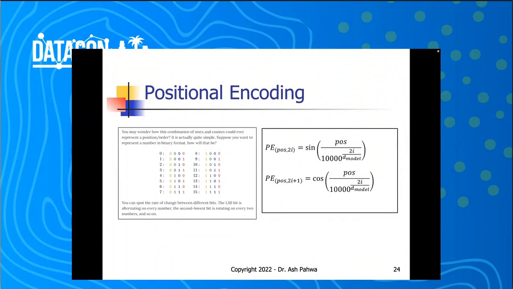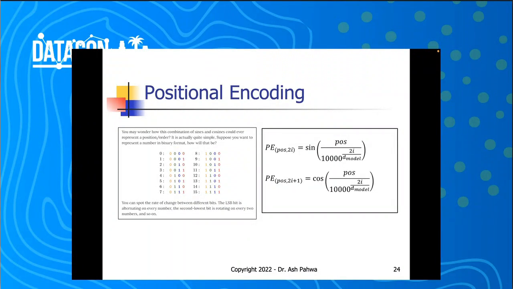Okay, so this is the formula they use in the paper. Some of you have read that paper, the Transformer paper. And this is what we have. Actually it is not very complicated, but they just try to give you this formula. They say that positional encoding is equal to position divided by 10,000 raised to the power of 2i divided by the size of the model. But don't worry about the mathematics part. That is the very easy part of it.